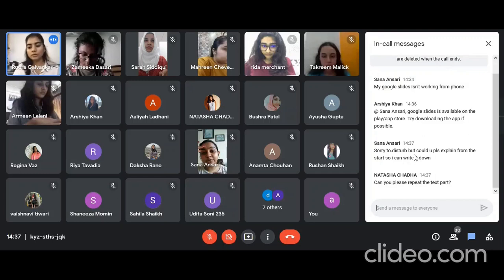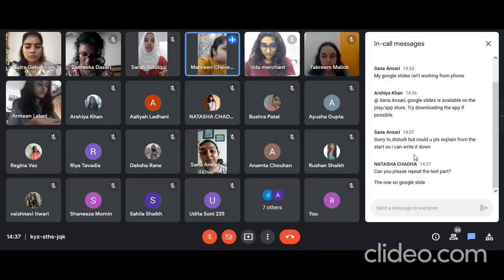Okay, the text. Which part do you want me to repeat? The color part. Actually, even I'm facing problem with the text part. I am unable to expand this. Once you increase the size of the text, it will become bigger. I tried it, but the text box is small.